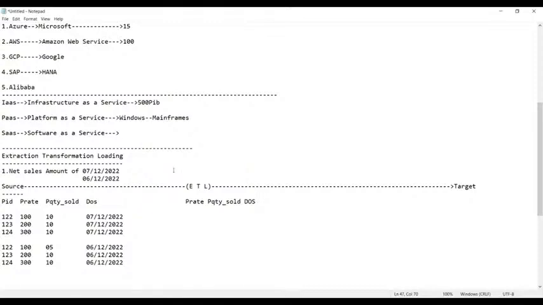So now, guys, these are the three columns. That means out of all the available data, you will